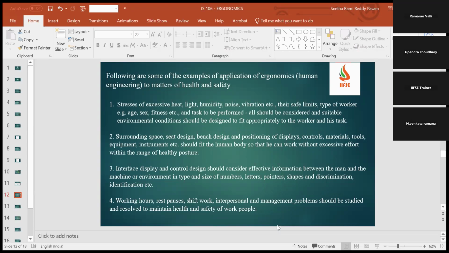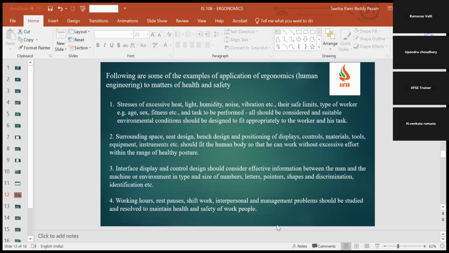Then based on all these things, we have to design the workplace. Surrounding spaces, seat design, bench designs, positioning of displays, controls, materials, tools, equipment, instruments, etc. should fit the human body so that he can work without excessive effort, within the range of healthy postures. What are the surrounding spaces? Sometimes, if I take a machine operator, he has some extra parts or machine fittings, etc. These should be